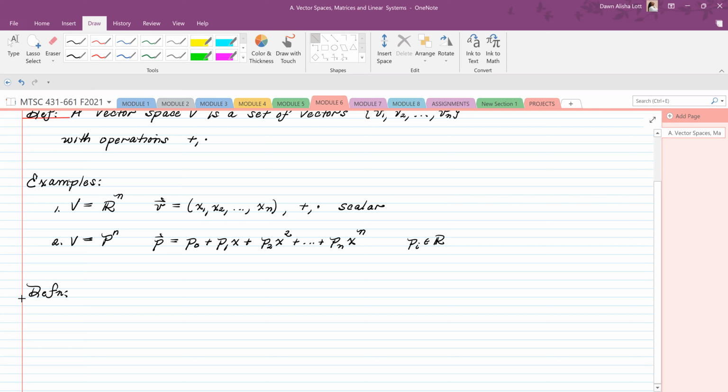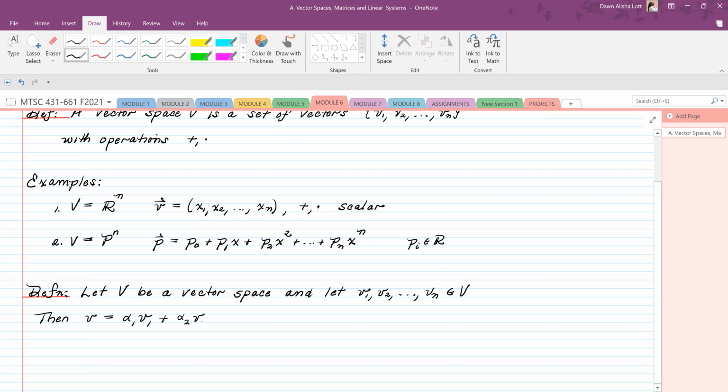Okay, so here we now say let V be a vector space, and let V1, V2, all the way up to Vn be elements of V. Then the vector V equal to alpha 1 V1 plus alpha 2 V2 plus ... plus alpha n Vn